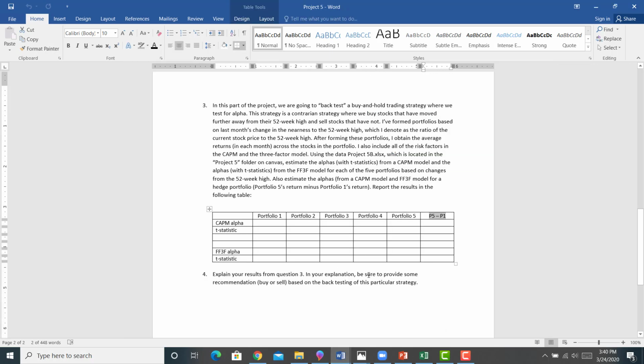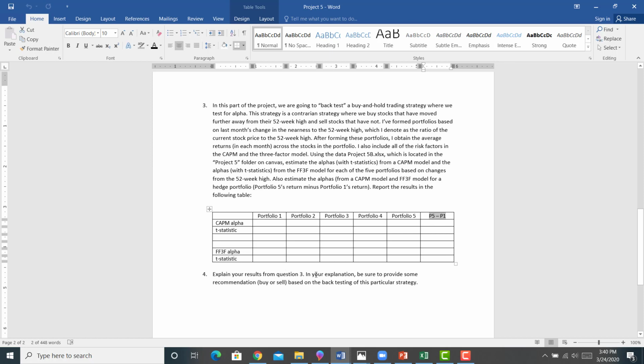But what I want you to do is take portfolio 5's return and subtract portfolio 1's return. And then take that difference and run the regression on the CAPM and the Fama-French three-factor model and obtain the alpha. So this hedge portfolio basically tells you, maybe you're going to get positive alpha here in portfolio 5 and negative alpha here in portfolio 1. By taking portfolio 5 minus portfolio 1, we increase the size of our alpha. Basically, we buy stocks in this portfolio, and we would sell or short sell stocks in this portfolio to increase the size of our